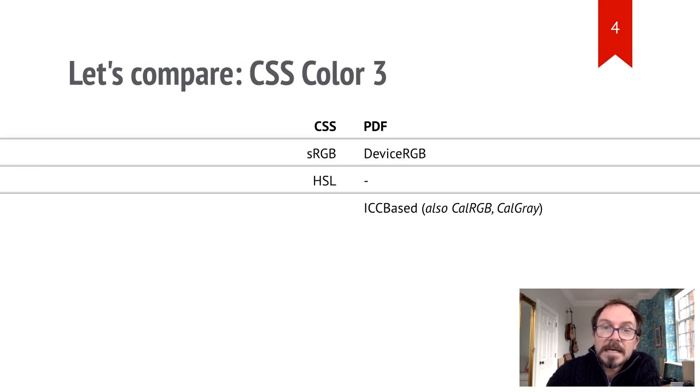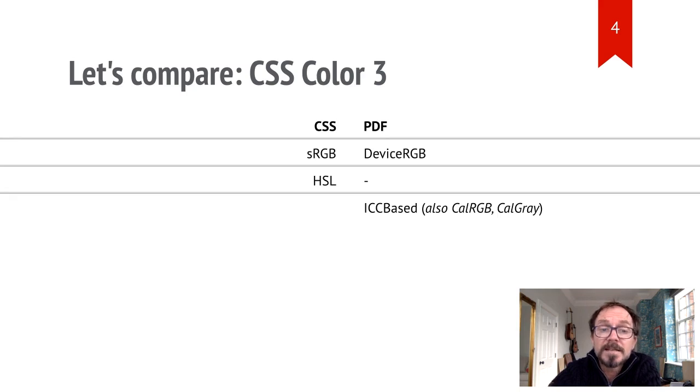That defined the sRGB colour space and also HSL, which is nothing more than a way of describing a colour in the same sRGB colour space. By contrast, PDF has no sRGB colour space, so right away we have to make a choice. We can choose the device-dependent RGB colour space, which may or may not be sRGB. Being device-dependent, it's going to vary depending on how the PDF is displayed. If we don't really care about the exact colour, it's probably close enough, and it's the choice made by a lot of PDF software, like when you print from your browser.